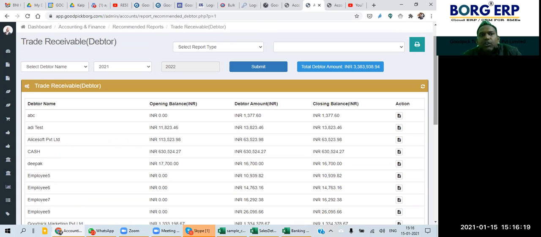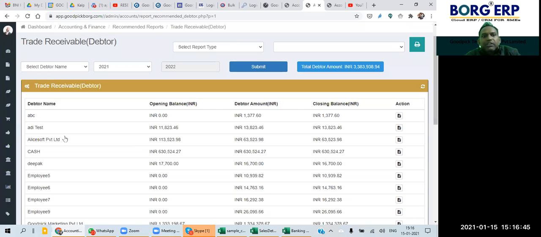Each and every organization, or CXOs, or the accounting person wants to know how much amount we are going to receive, or have not yet received from our customers, and what the amount per customer is.